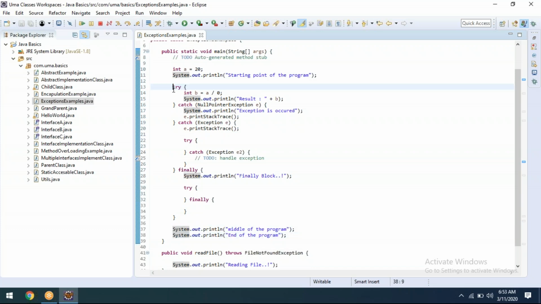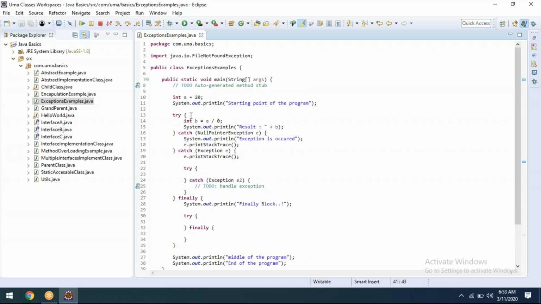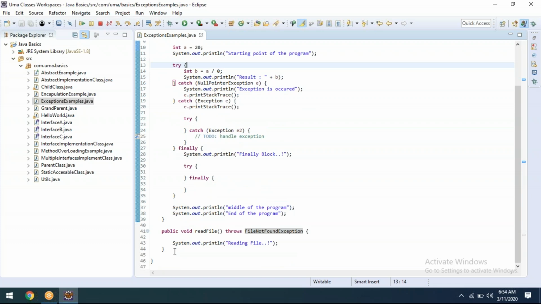And if a problem comes here, then automatically it will come out of the try and navigate to catch, and then it will directly go to the remaining parts of the program. And second thing is, whenever we are calling this method, if you put the try catch, what will happen? We'll see that. We'll put one more try catch.